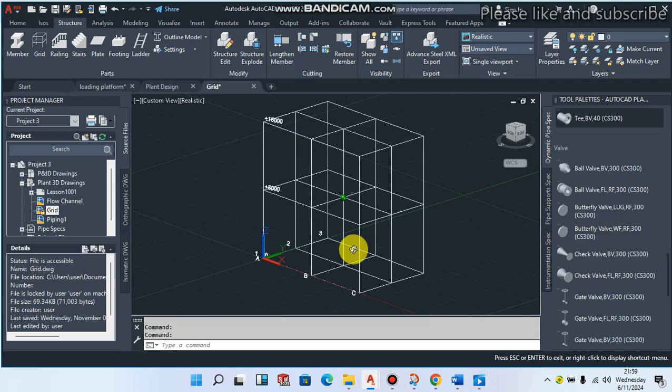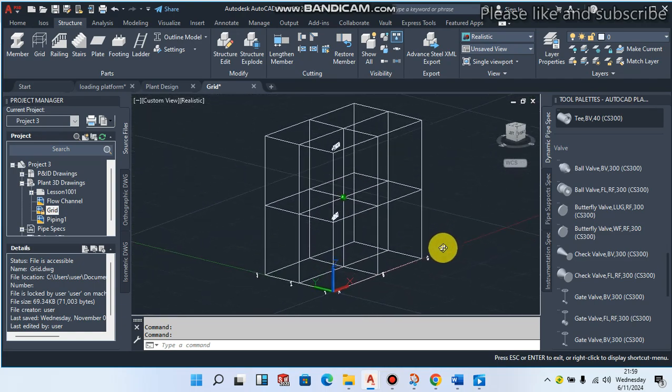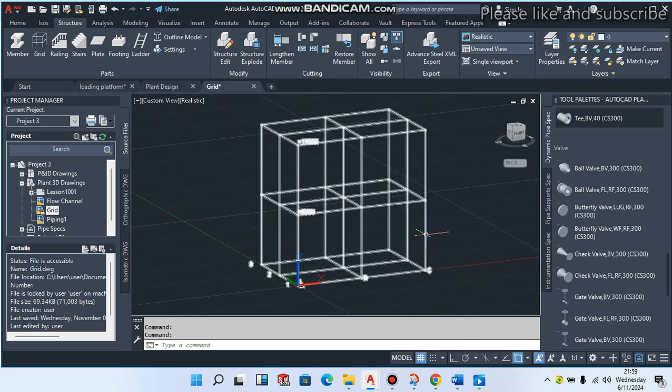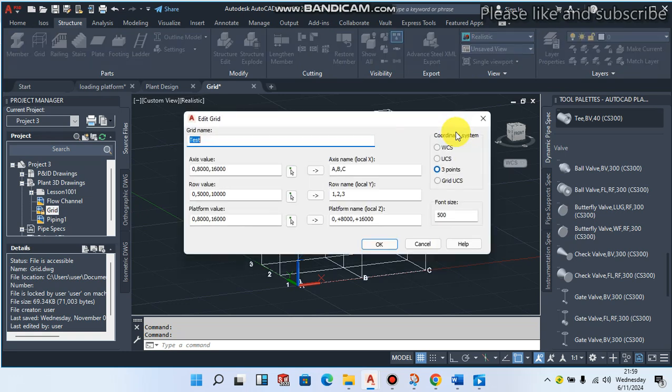This is just on how to edit a structure. So if you want to also edit it further, you want to add more values to your y-axis or more distance, you can see